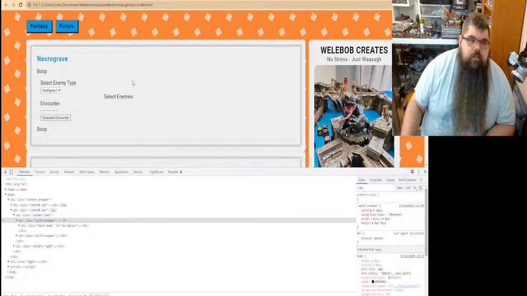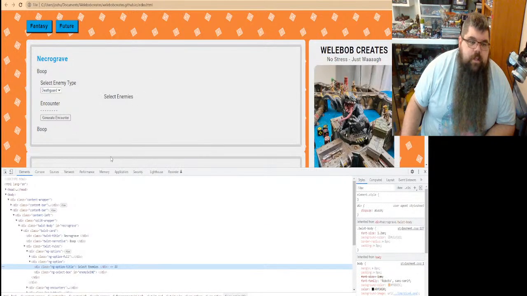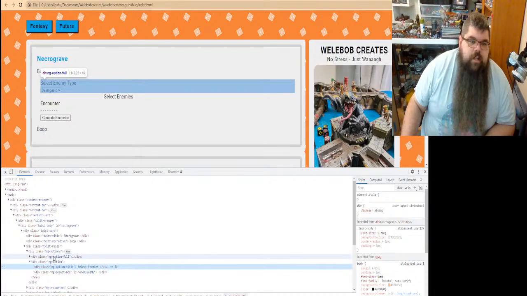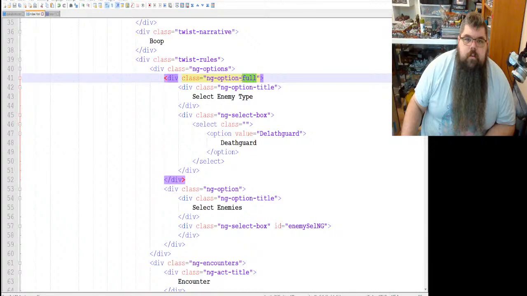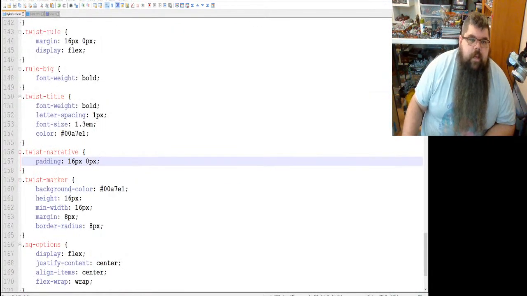That's the wrong button. That's the right button right there. So NG option and then NG option full. We're going to get rid of NG option. We're just going to make them all full like that.